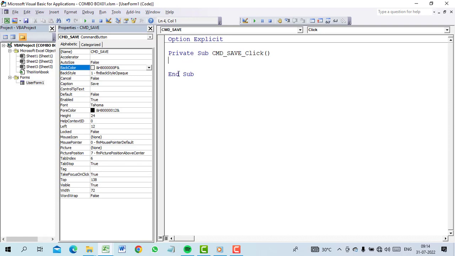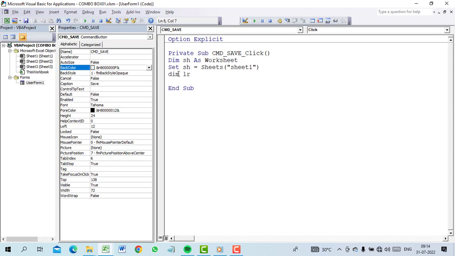Dim sh as worksheet, set sh equal to sheets sheet 1, because we have to specify the name of the sheet where we have to save the data. Dim lr means last row.